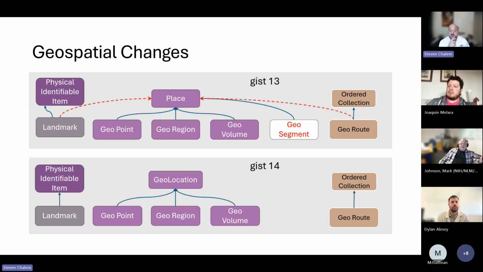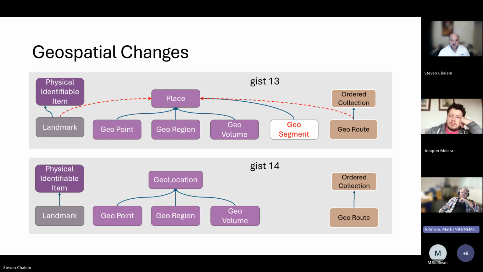Well, no, the route has not been deprecated. It's now only a subclass of ordered collection, but there's some formal semantics that connect them. And I'm not showing it there, but there is a formal relationship between a geo-route and geopoint. So you'd use properties to essentially define a sequence of point to point. Correct. Yeah,